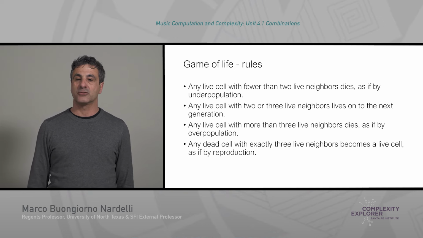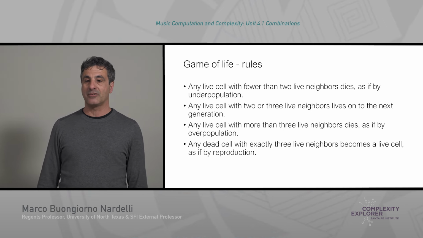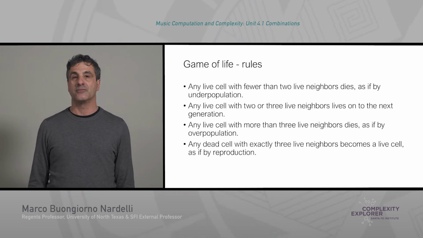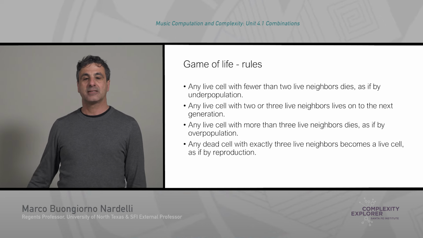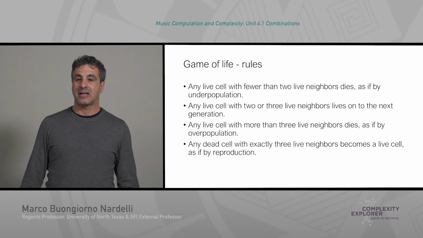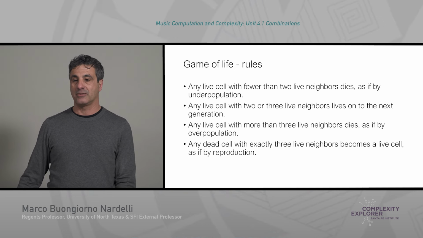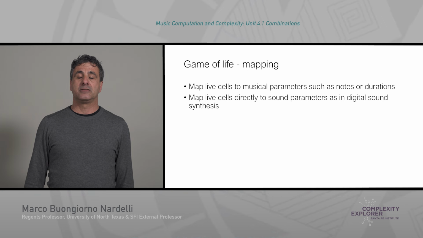Any live cell with fewer than 2 neighbors dies, and this mimics a mechanism of underpopulation. Any live cell with 2 or 3 live neighbors lives to the next generation. Any live cell with more than 3 neighbors dies, as in overpopulation. And any dead cell can become live if there are exactly 3 live neighbors of it, which mimics a reproduction act. So we can put all this together and think about a mapping of